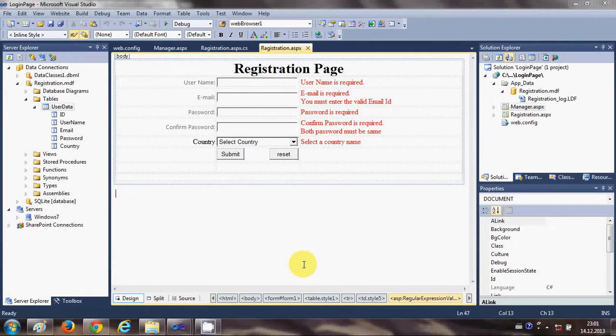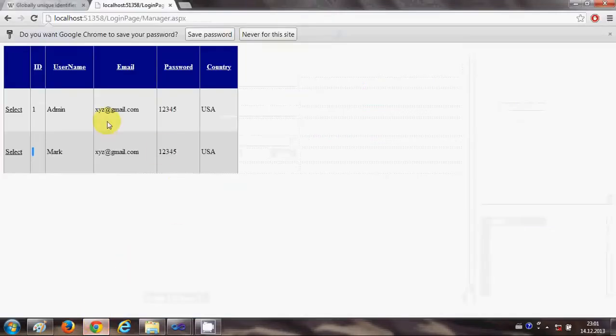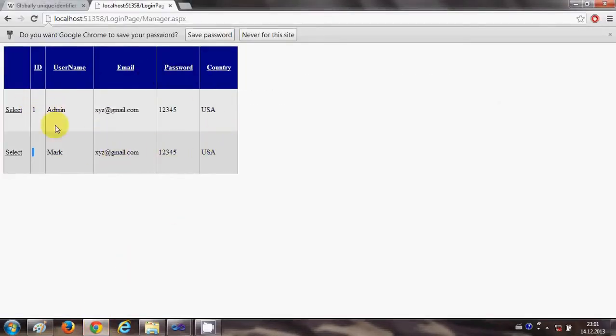In the last video I showed you how to connect your registration page with your database. So for example, when a new user registers himself to your website, his data goes into the database and you can see the data in the table. But you have noticed, and I have already told you in the last video, that for the ID field